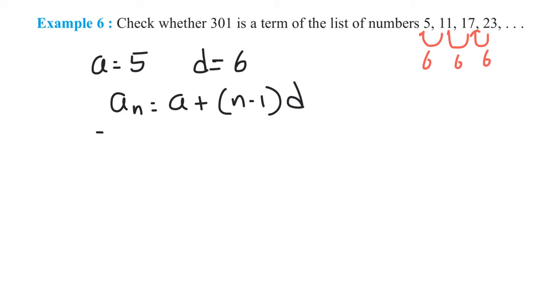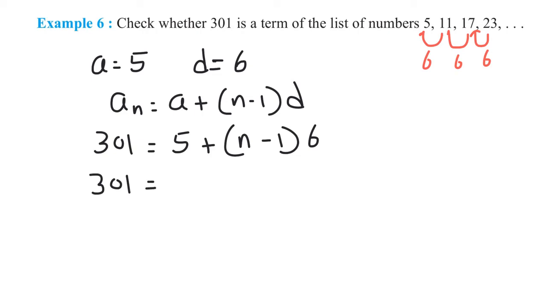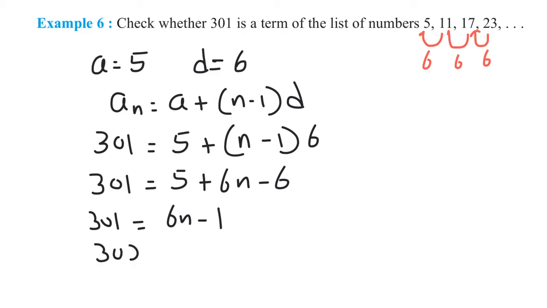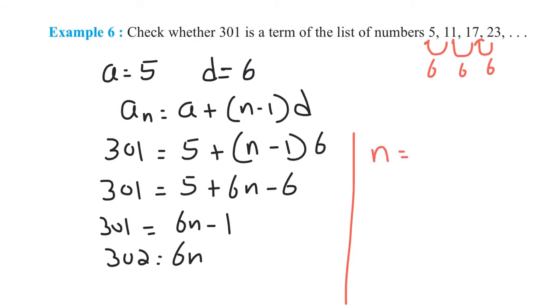So we know 301 is equal to a, which is 5, plus, we don't know the term number, so n minus 1 times the common difference, which is 6. So if you open the brackets, 301 is going to be equal to 5 plus 6n minus 6. So 301 equal to 6n minus 1. So moving the minus 1 to the other side of the equal sign, 302. 302 equal to 6n. So n is going to be equal to 302 over 6, which if you simplify, n is going to be 151 over